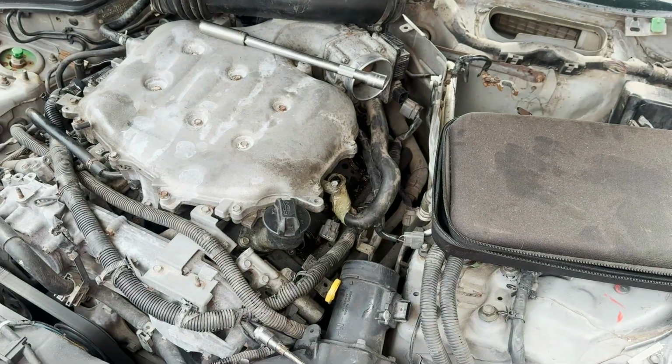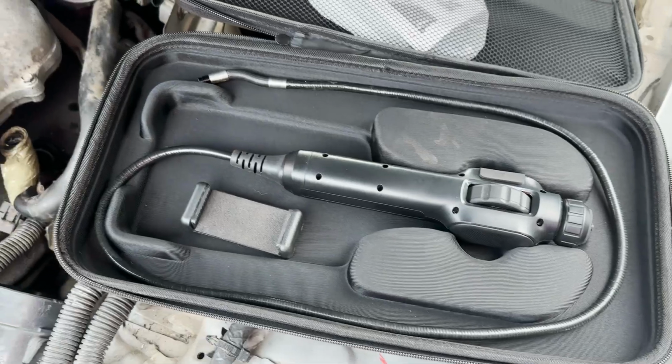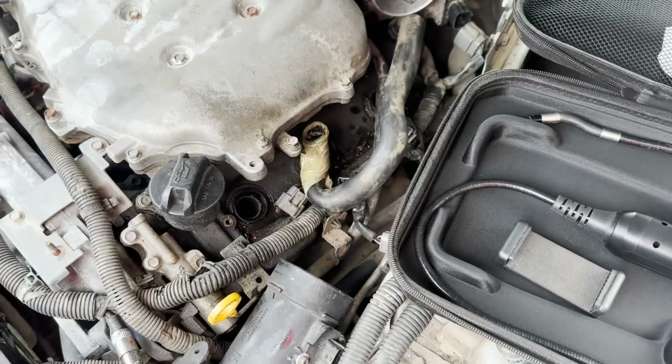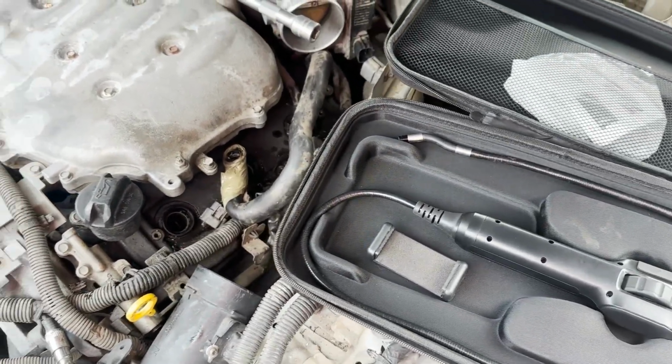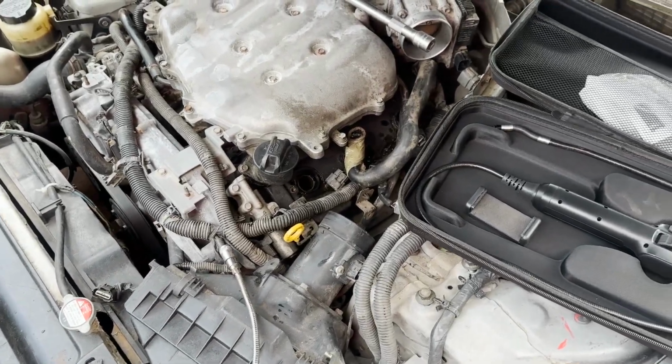Many hours later. So now that I'm done with the compression tests, what I want to do now is actually use my borescope and see how the cylinder walls are looking inside, before we jump into the conclusions. So at that point I was just using my borescope, and it's funny how this cylinder has